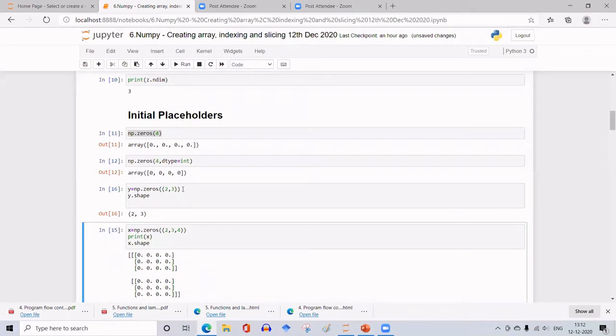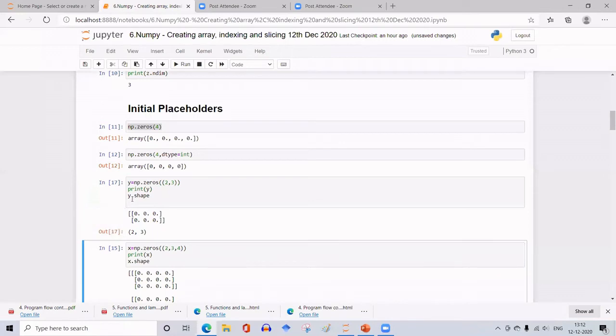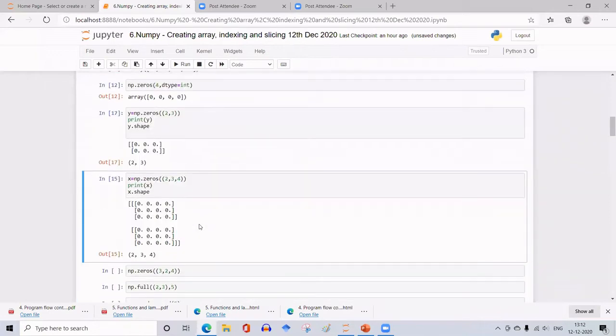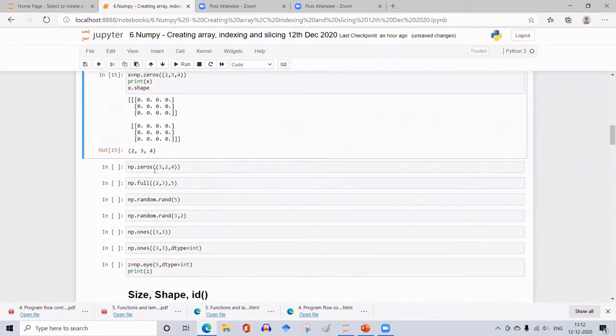It has not printed the 0 matrix here because I did not give the print statement. Whatever the last statement, it has executed. So now I have the output of this array created, and also the shape of that array. That is about zeros, how to form arrays with only 0 elements.